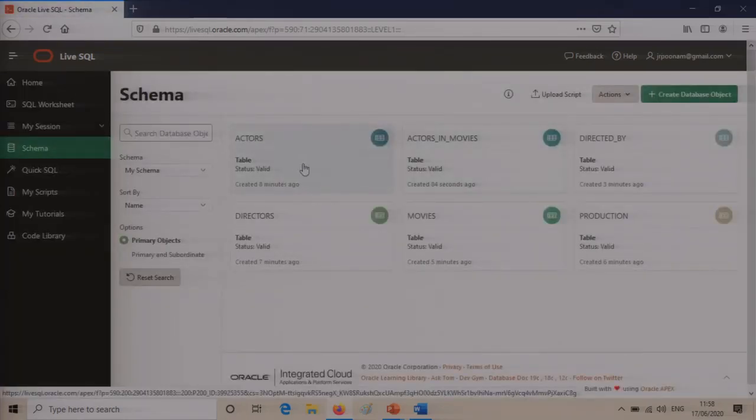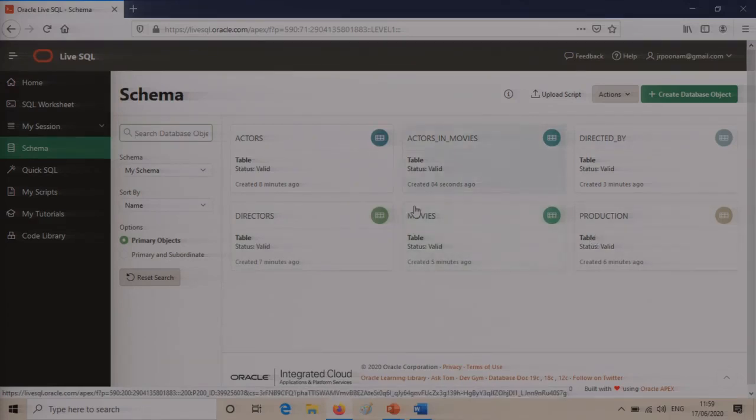So you can see there are 6 tables created. One is actors table. Then there is actor in movies table, which was the relationship table. Directed by also is a relationship table. And 4 basic tables were there. One was actors, then there was directors, then there is movies, and then there is production.